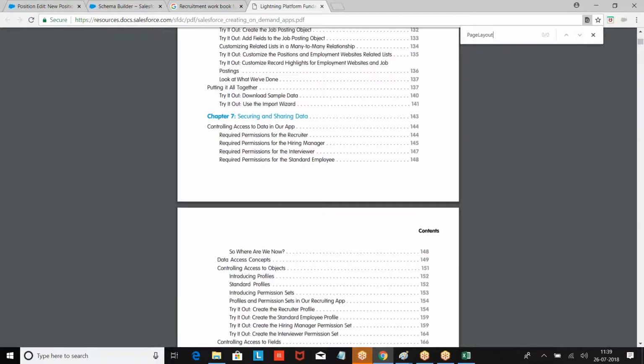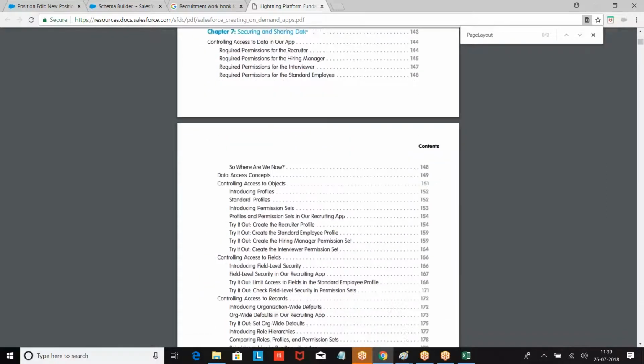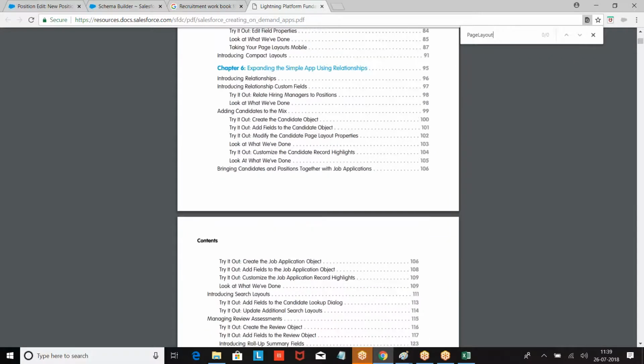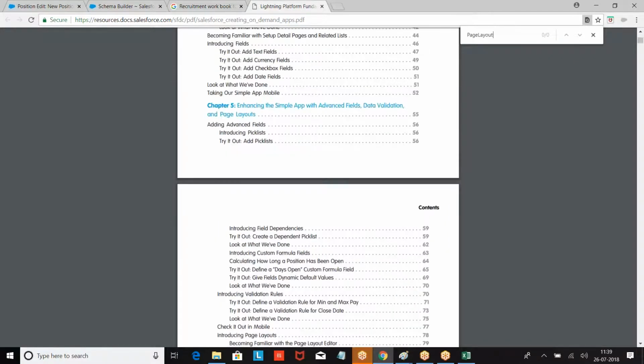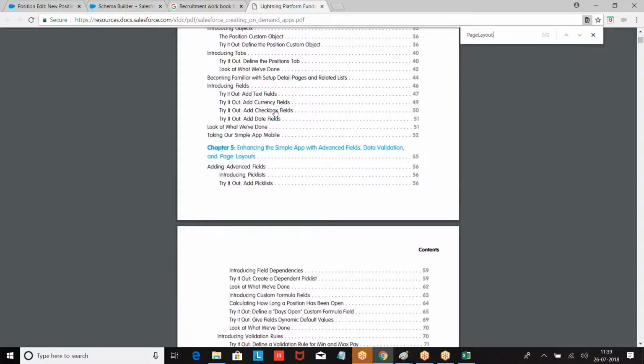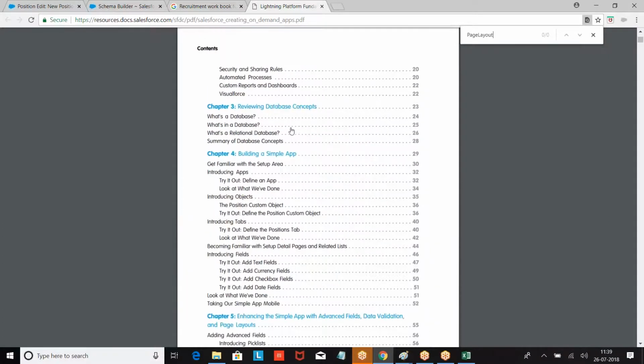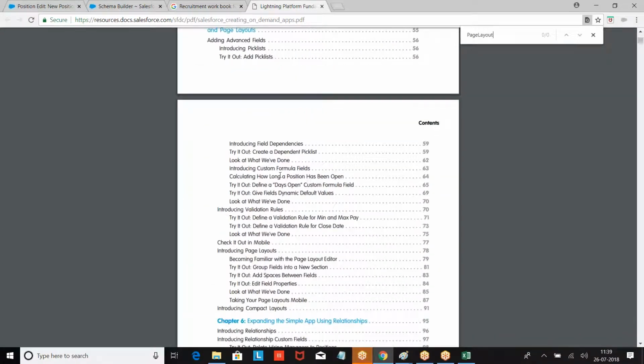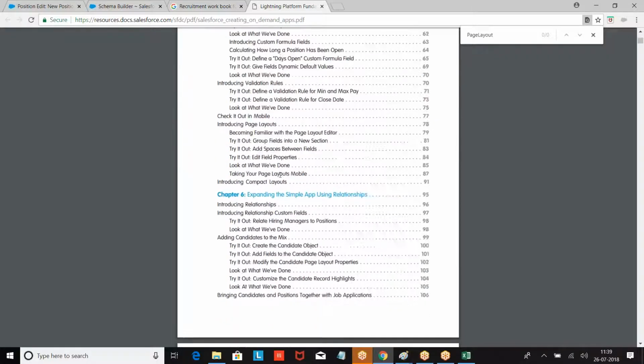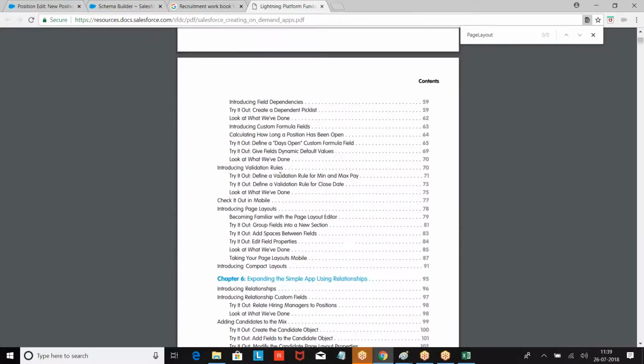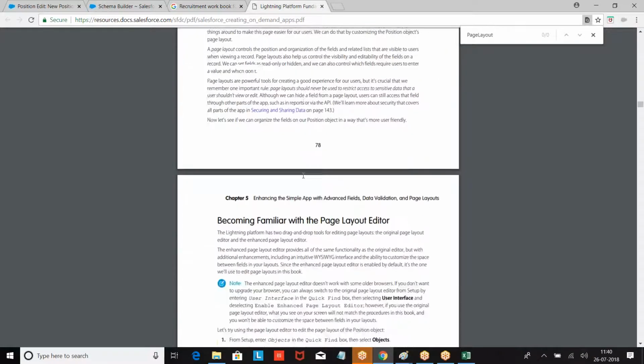Defining concept called page layout here. Okay.